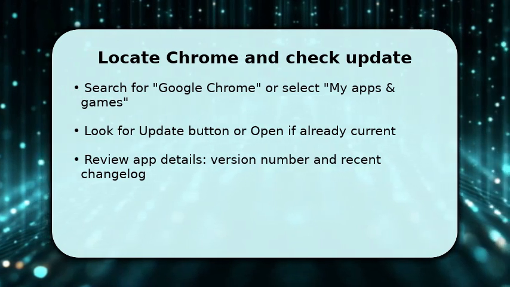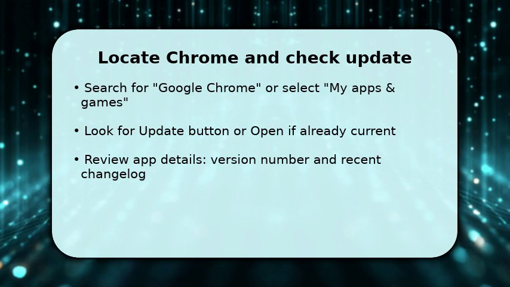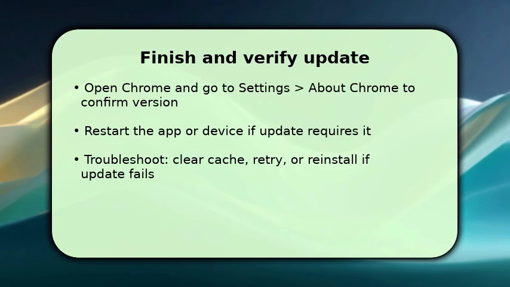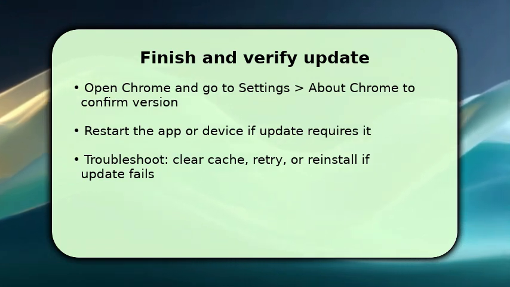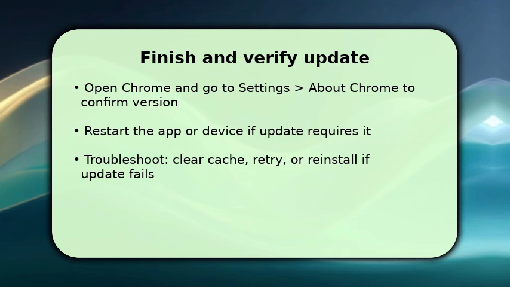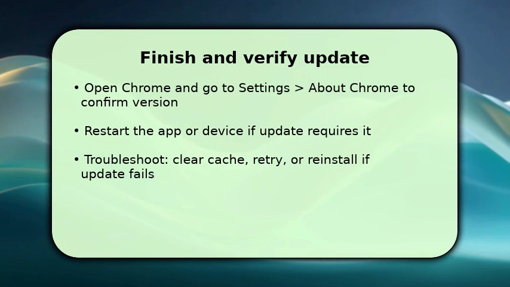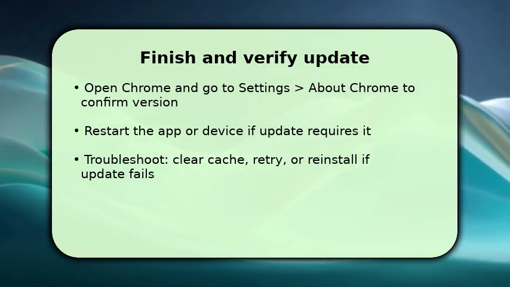After the update completes, open Chrome and navigate to Settings, then About Chrome to confirm the new version is installed. If features don't appear, restart the app or the device. That finalizes file replacements. If the update fails, clear the store cache, free storage space, or uninstall and reinstall Chrome